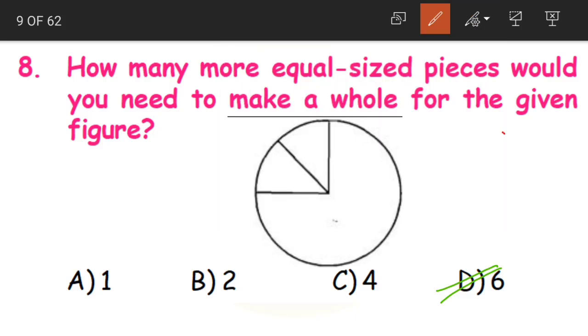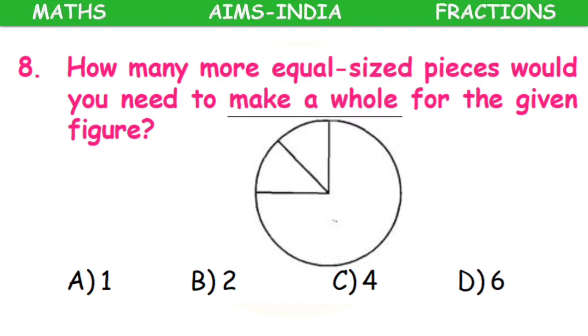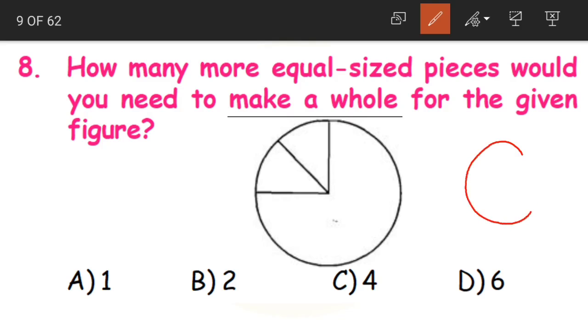See, children, normally if we divide a circle into, sorry, my circle was not divided into exact equal sized pieces. So I am drawing it again. Yes, normally we divide a circle into, again this is also not equal sized. Okay. Now normally we divide a circle into 4 equal parts. But here each such equal part is divided into 2. Yes or no? So we need to divide all these parts into 2.